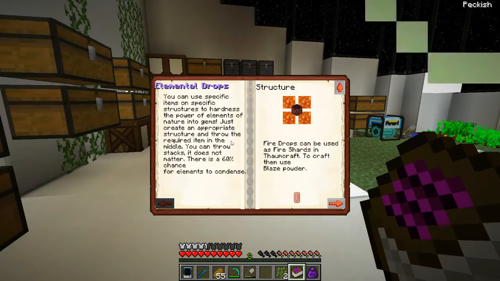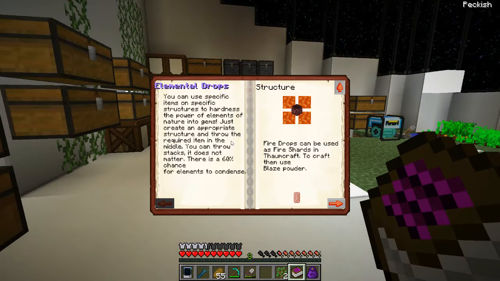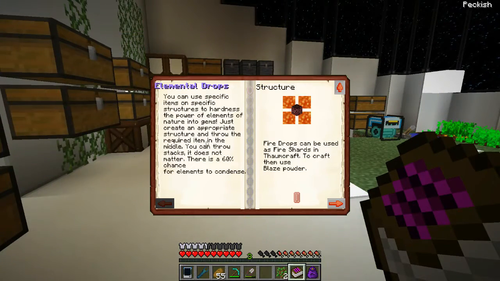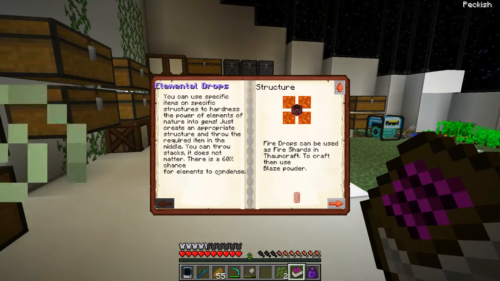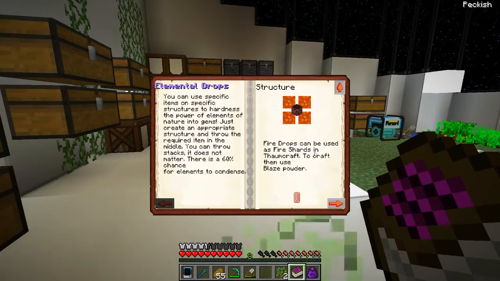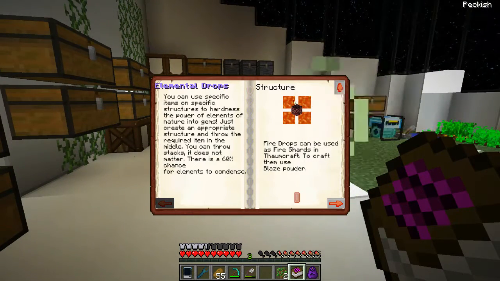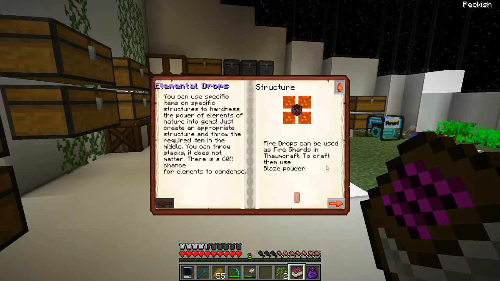Elemental drops. You can use specific items on specific structures to harness the power of elements of nature into gems. Just create an appropriate structure and throw the required item in the middle. You can throw stacks. It does not matter. There's a 60% chance for elements to condense. Fire drops can be used as fire shards in Thaumcraft. To craft them, use blaze powder. I can throw lava in and then netherrack in the middle. Is that...